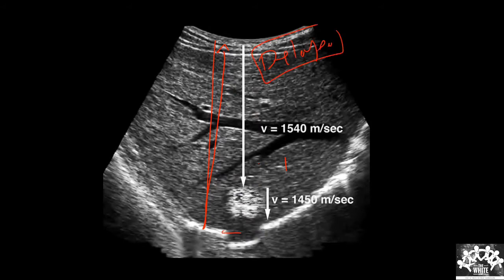So the probe assumes that this diaphragm reflection is coming from here, because it is coming late. This point was supposed to reflect along with this, but it is coming later. The B point is coming later than the A, because there is fat in between. It is going slower, so because of that it appears displaced. This is what we need to know.